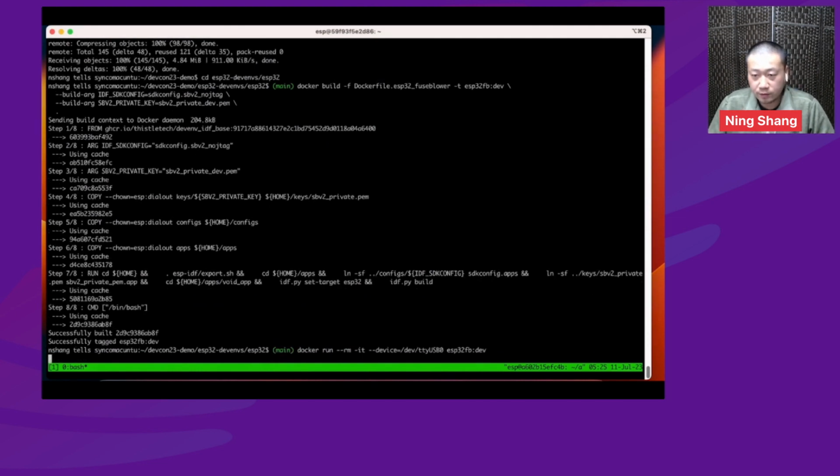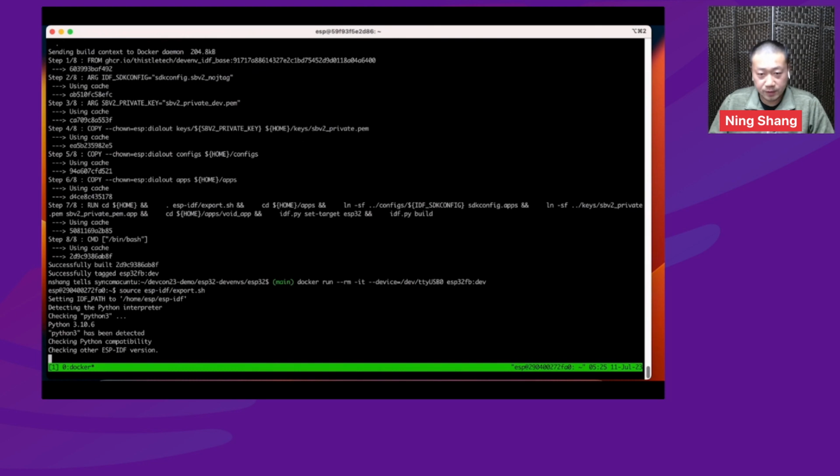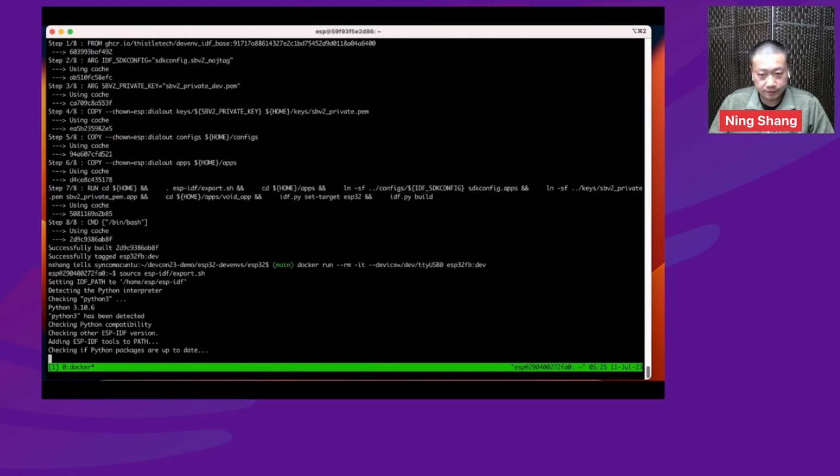Once the Docker image is built, the bootloader and the app images are signed automatically inside it. We will activate the IDF environment so that we can flash the images onto the device.